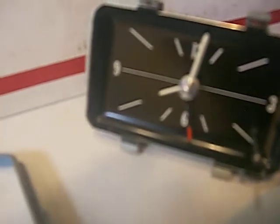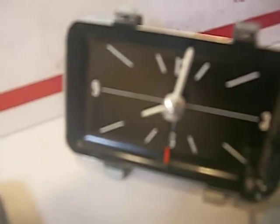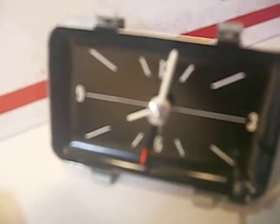was badly damaged. So I'm going to go ahead and activate it as if it was under power in the car, and the solid state movement begins. In here you can see the incremental second hand moving,